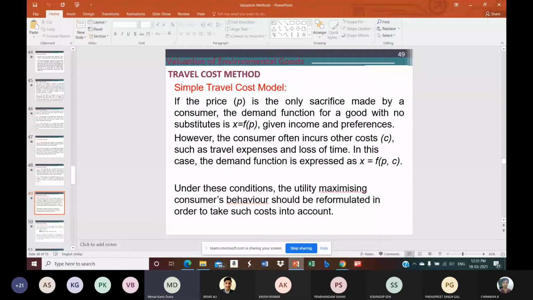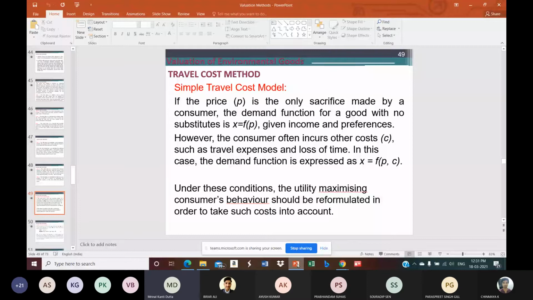Price might be in the form of an entry fee. The other one is the cost in the form of travel cost as well as the time cost. So the demand function might be expressed as X is a function of price and cost. So if this is the condition, the utility maximizing consumer's behavior, because normally what we assume is that the preferences